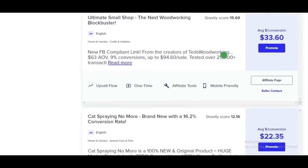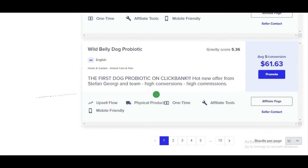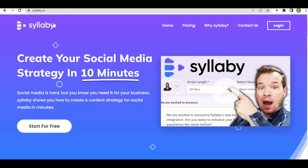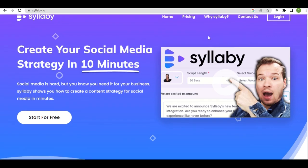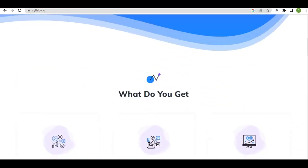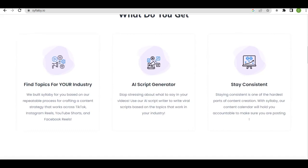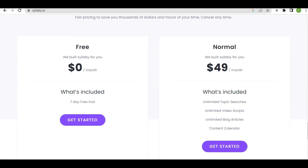It's very simple. We are going to head over to this website that I recently discovered. It's syllabi.io, and what it basically does is tell you what's trending in your niche and generates relevant topics suitable for Reels. All that you are required to do is input your keywords for the content, and the AI will do the rest. But it does come with a price, and I know that as a beginner, you just might not be ready for commitment,